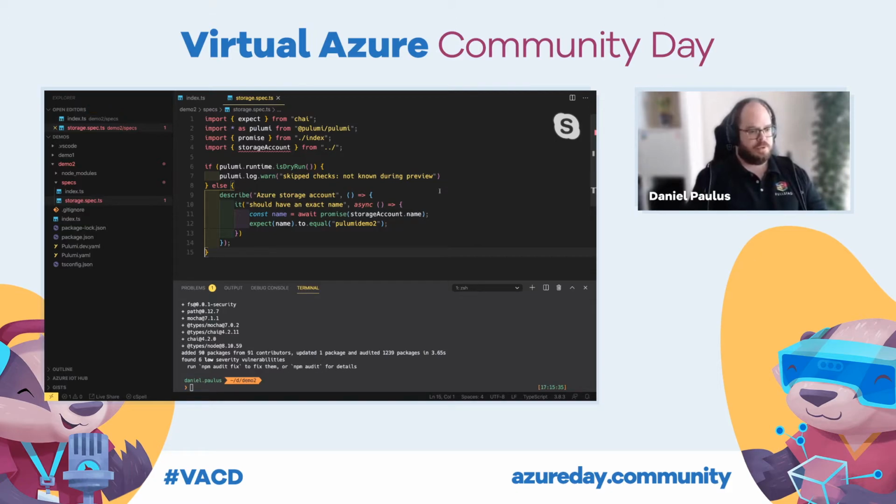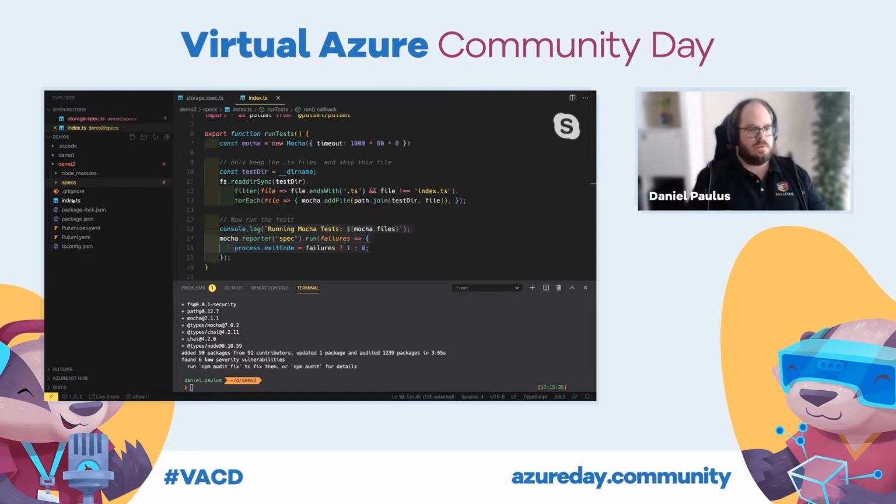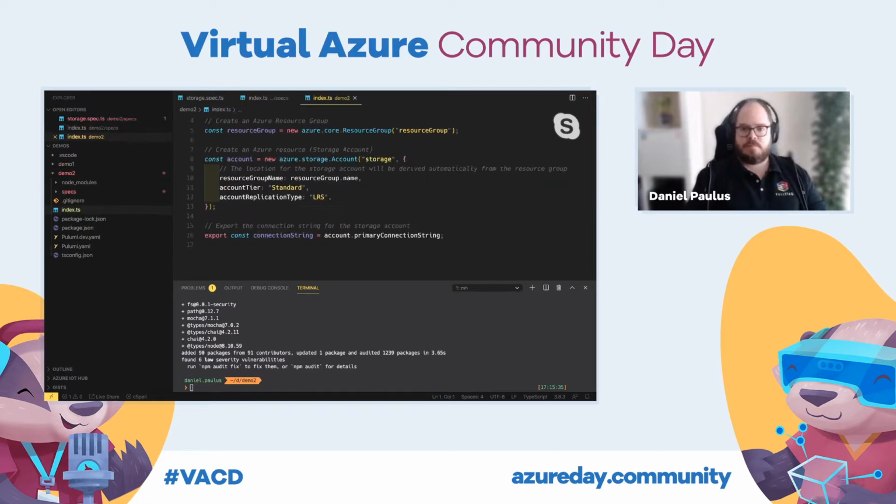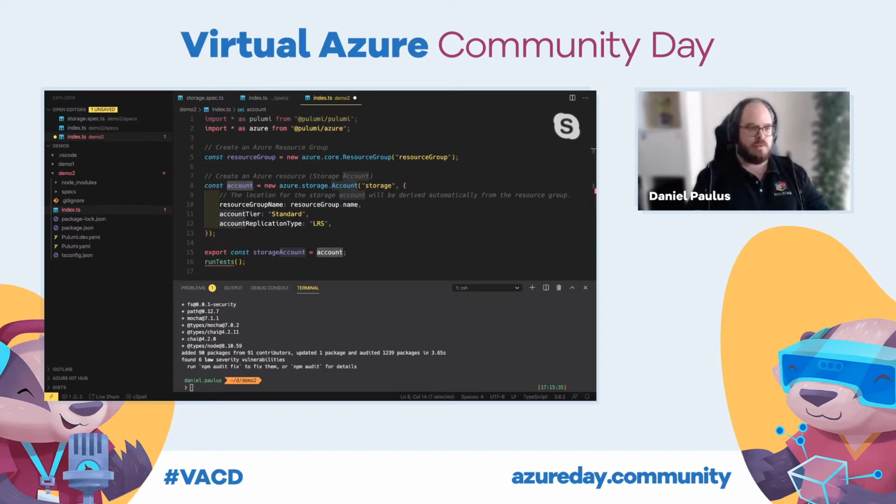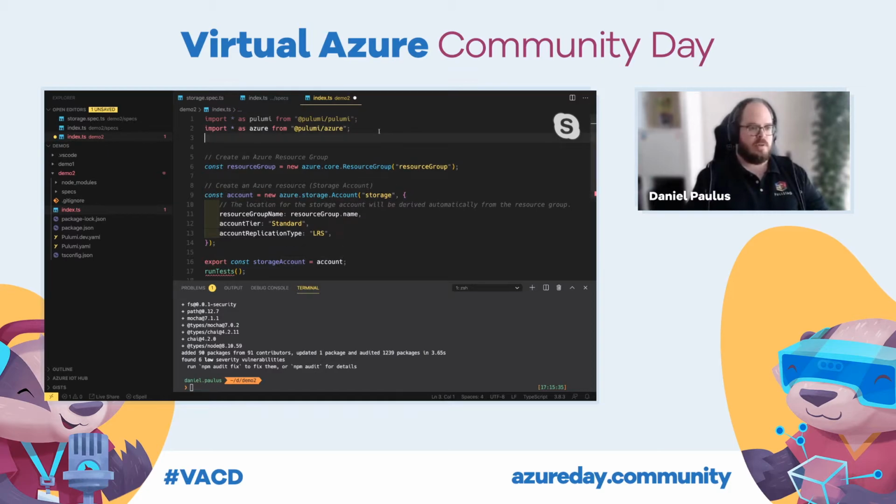Okay, so if we now run, oh, I have to fix one thing. In order for this to work, we have to export the storage account. So we make sure that we do that, and we have to include the run test methods so that it understands that it has to run the test. So if we now run Pulumi up,